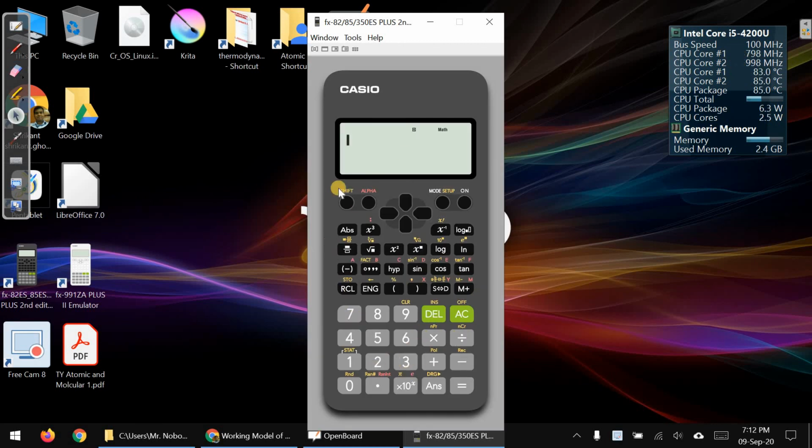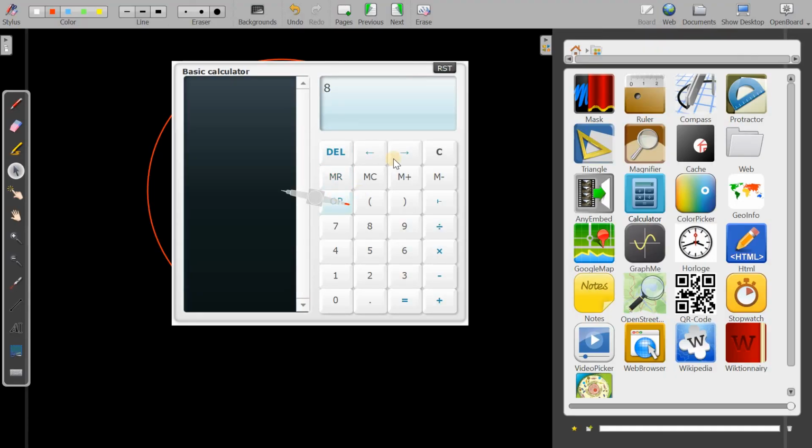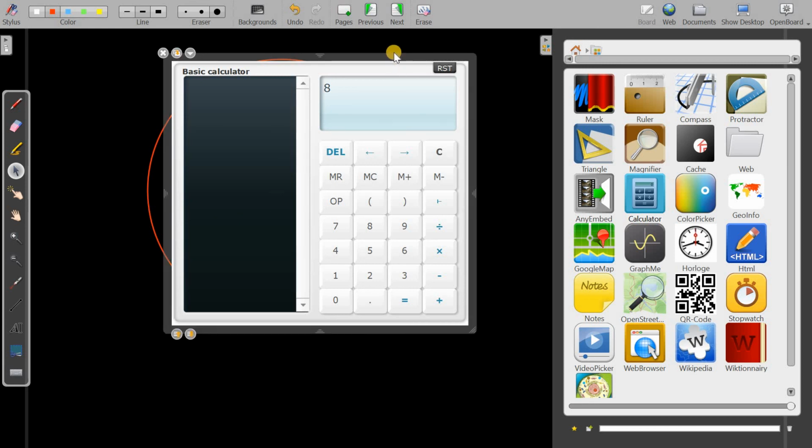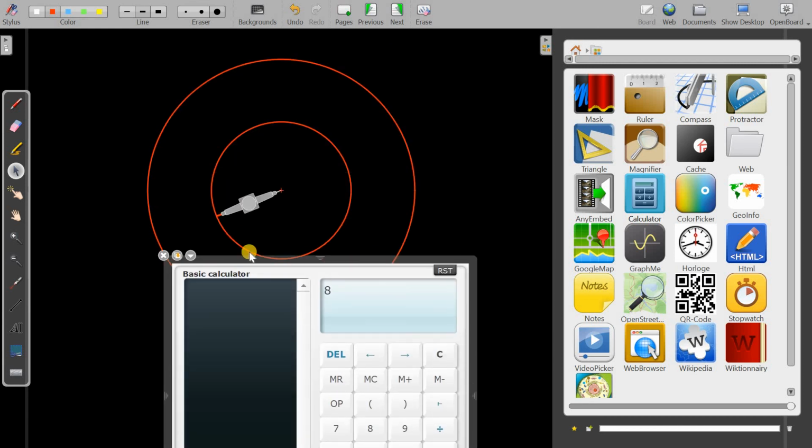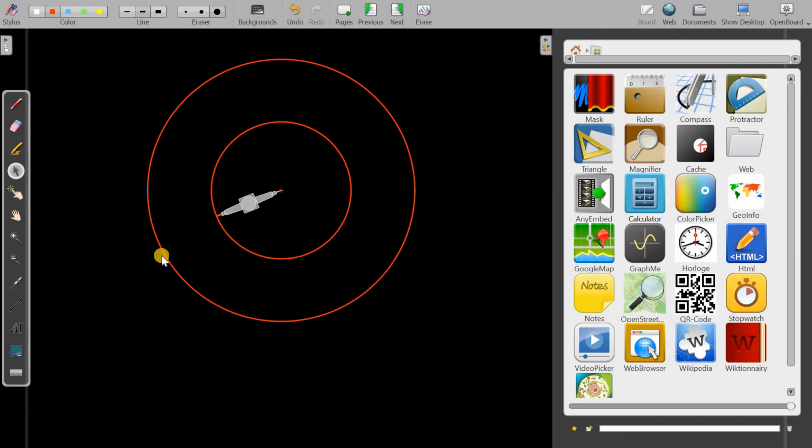This is a better tool, but I actually saw on GitHub that many people ask OpenBoard to give a default scientific calculator, so definitely they will think on that in future.